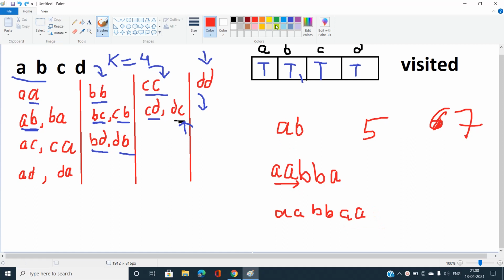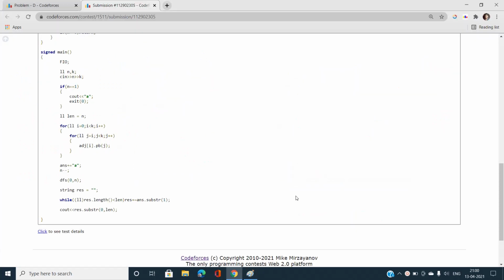Just start from this position. If I start from this position, it should be like ABA, then A, and then it should end with this B. That is what I am going to do for every string while rest dot length is strictly less than length, and append it to our answer. Finally, you can write in general rest dot substring from 0 up to length. That is our answer, the string of n characters.